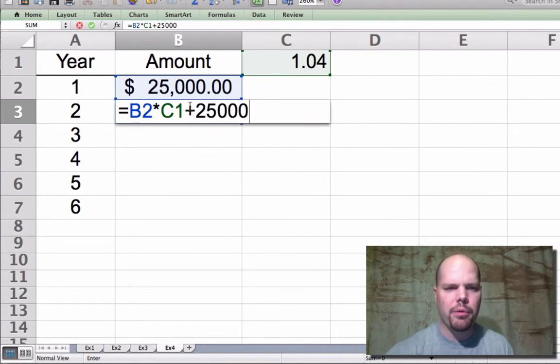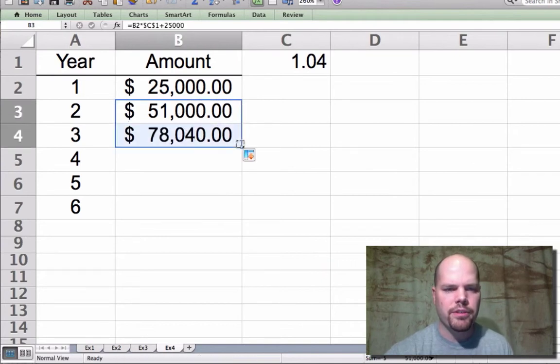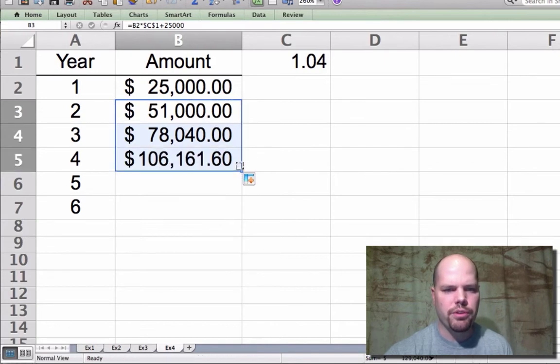Okay, but I always want it to use C1 when I drag this down, so I need to put a cell reference around there, and that's the $ sign. So I wanted to lock in cell C, or column C, and row 1 there for that cell, press enter. So the second year gets 51,000. Okay, I'm going to drag this down. So the third year, end up with 78,040. Fourth year,